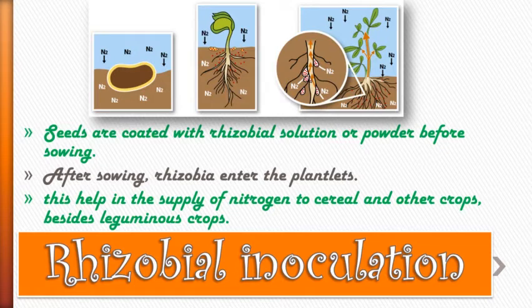So this is how this bacteria, Rhizobium bacteria, gives many benefits to the farmer. Right, so student, I hope you all have understood this type of useful microorganism, and the next type of microorganism we will do in our next video.